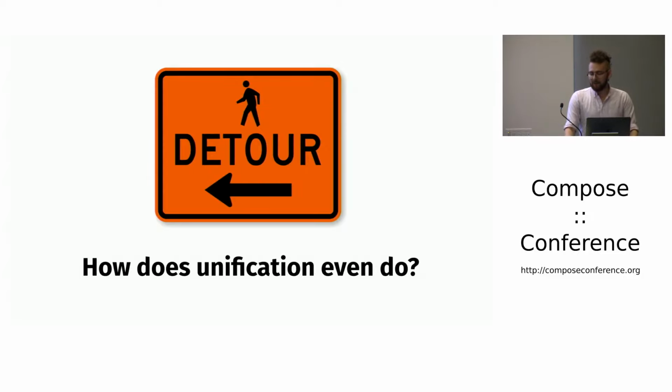And I remember thinking to myself, I'll implement unification. How hard could it be? I remember how to do this. I've taken an algorithms class. And then I started doing it, and I was like, oh, I don't actually remember how this is supposed to work. So I figured out how it's supposed to work,